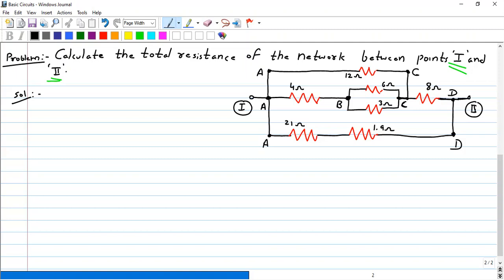Now let us find out which resistances are in series and which are in parallel. If you start from here, the best is this one. Between point B and point C, this point is B, this point is also B, and this point is C, this point is also C. That means if the potential across this 6 ohms is BC, then the potential across this 3 ohm is also BC. That means they have the same voltage drops. Therefore, these two resistances may be considered in parallel because they have the same potential.